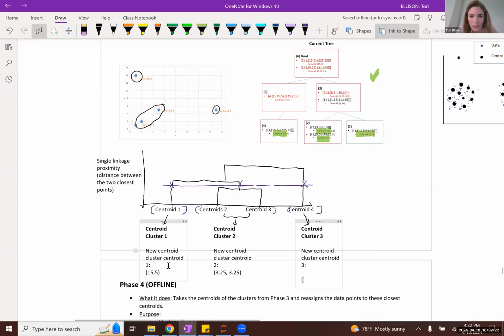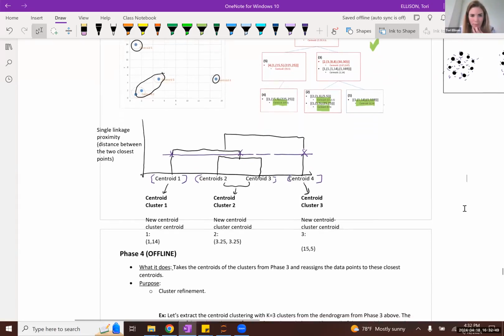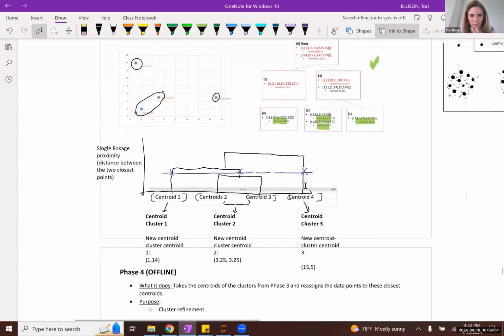Oh, my bad, this should be 1 and 14. No, wait, this one should be 15, 5.